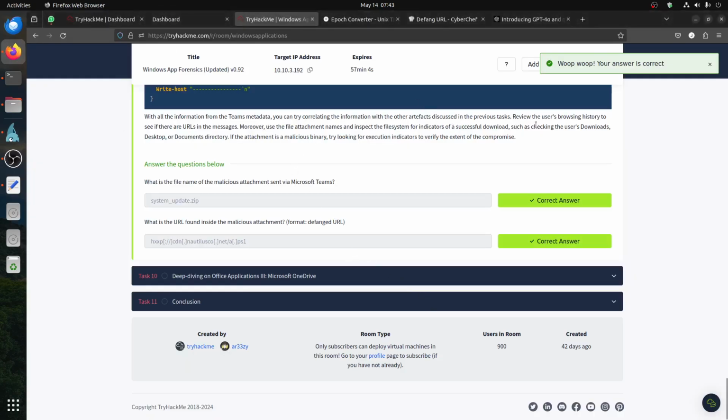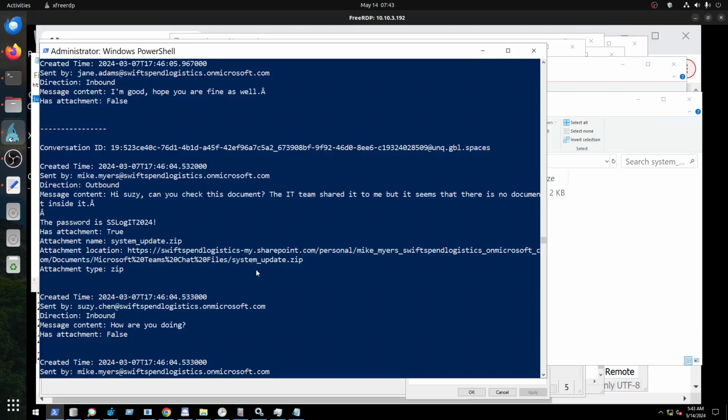Because the question said review the user browsing history to see if there is an error in the message. Inspect the file system. We can say because it's downloaded. So basically, what we can assume is